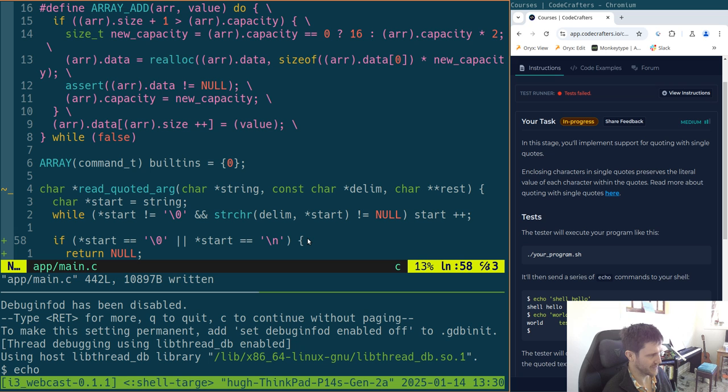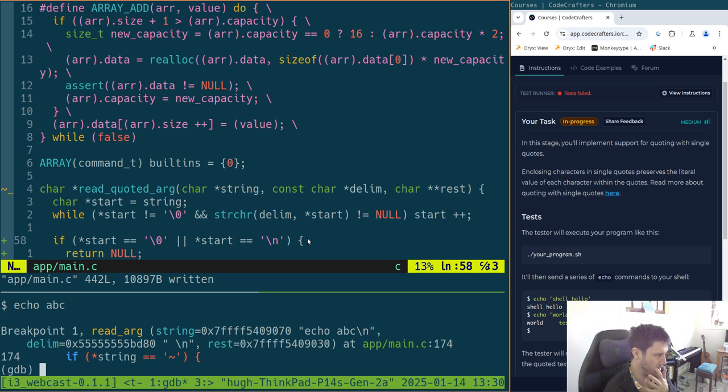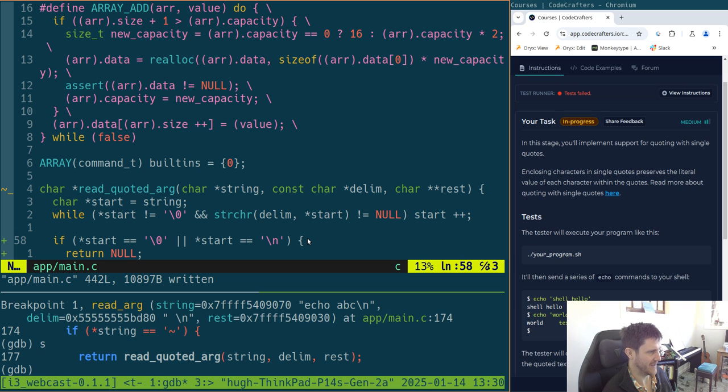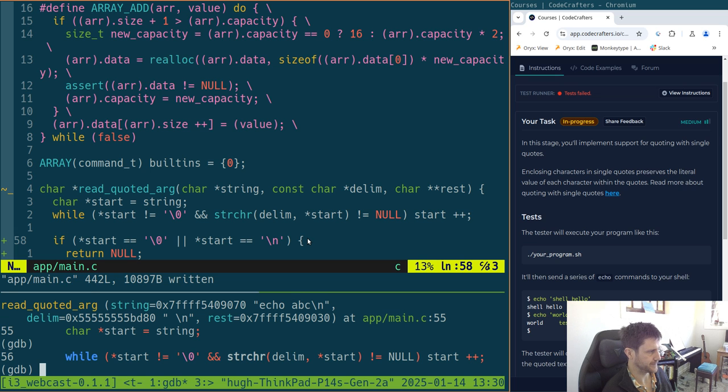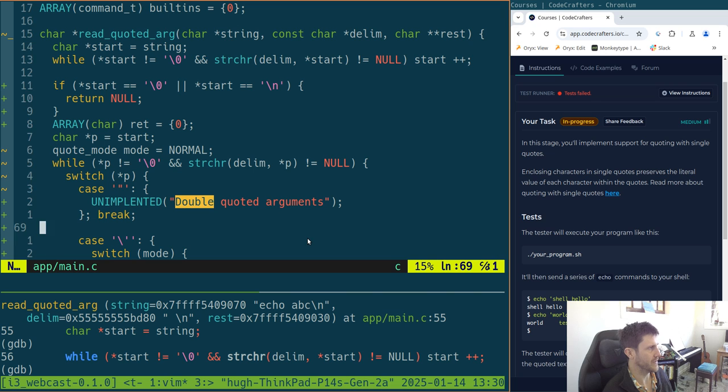So I first wanted to see why isn't ABC kind of working? Right, so we have a string that looks fairly good. Right, so it's not that, so it's going to return a quoted string of the entire thing. When we get to the start, do we actually need to say that's the start? Like, what are we doing with the